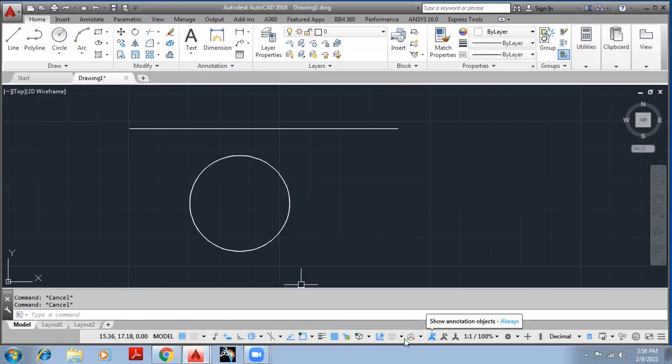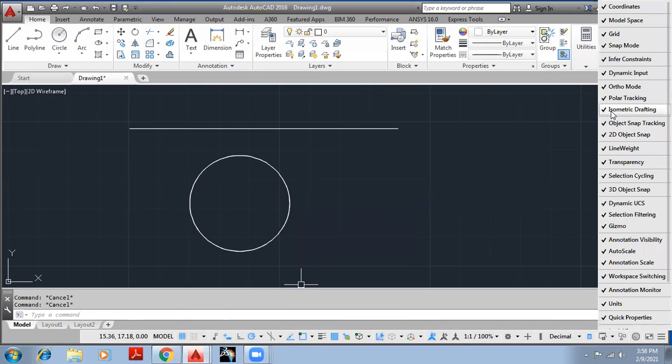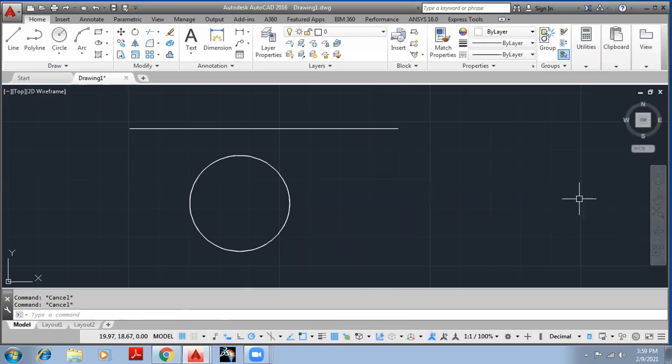If some of the tools are not present in this particular status bar, simply go to this customization symbol, click on it, and check all the icons that should be available on the status bar.